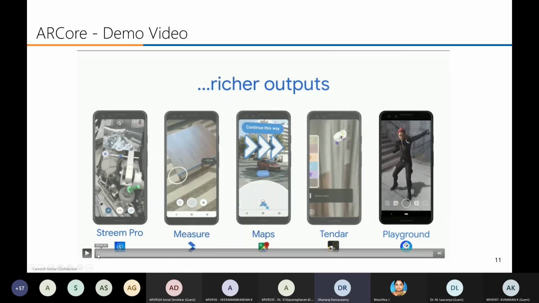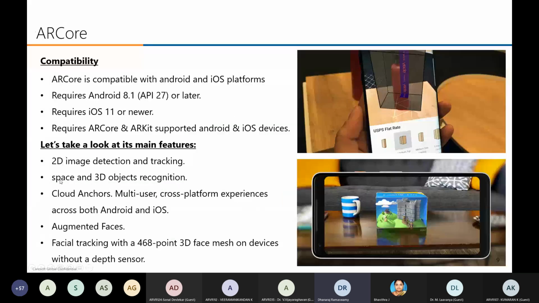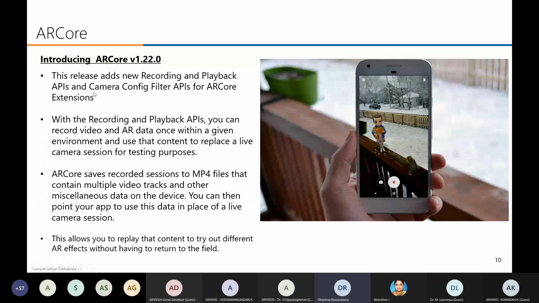See in this first sample, can you see this video? He's sharing the AR camera in the background video, but can you see the top pop-up video? This is play, pause. He's sharing even the AR camera. This is a feature we have only seen in the latest ARCore 1.22.